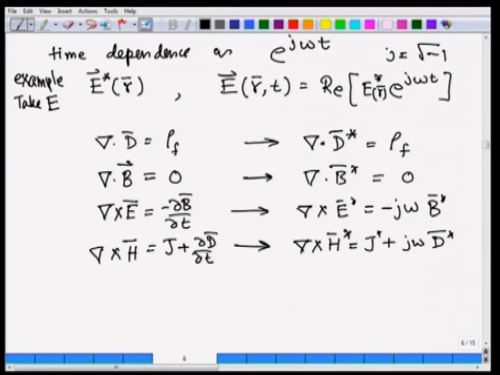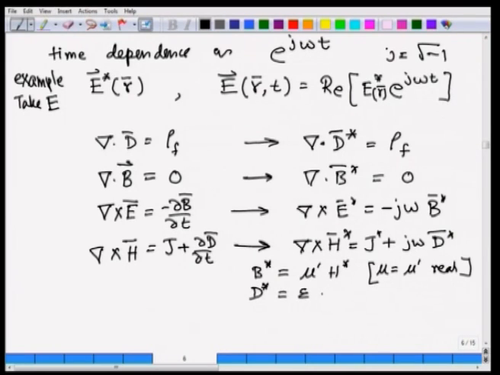In addition to that, let us assume, not assume, this is the constitutive relationship, B star is mu prime times H star, meaning permeability. There are magnetic properties, but there is no magnetic loss, otherwise we would have written this quantity also as complex. So we are taking mu equal to mu prime, that means real, whereas D we are going to write as